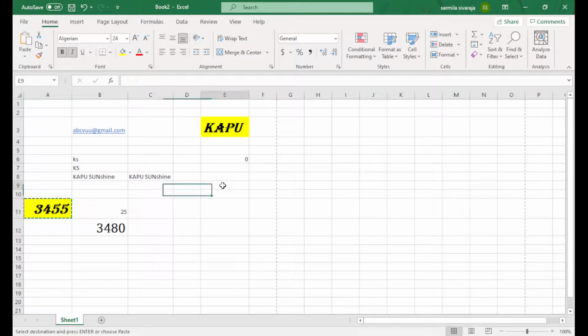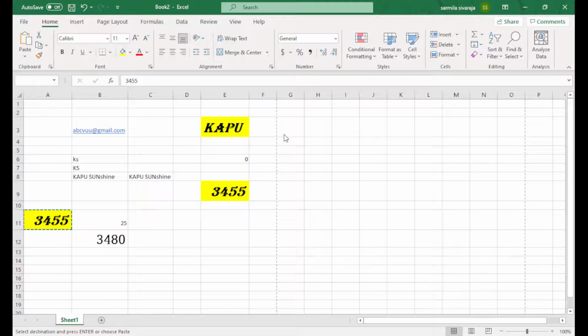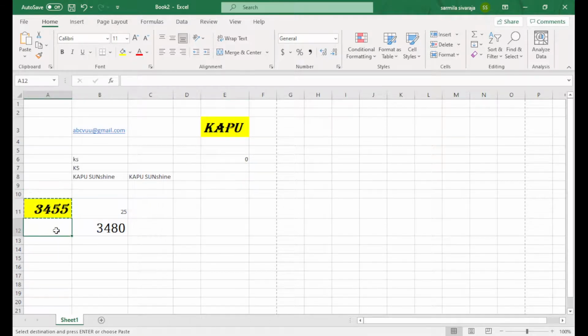The next way is transpose. Transpose means it switches the x-axis and y-axis. So you can paste it out something like that. Here I will type something more.